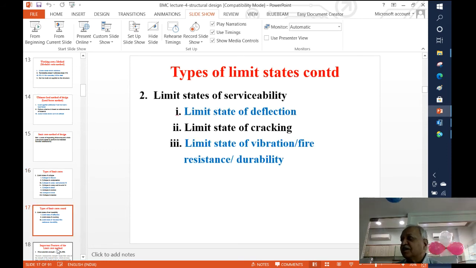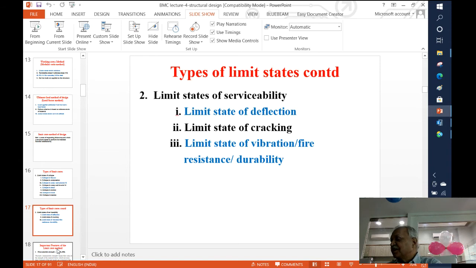The other one is the serviceability criteria, where we say that the failure can occur due to excessive deformation. So I want to ensure that also as a failure to be avoided. Then there can be failure due to excessive cracking, particularly in case of water retaining structures like water tanks and so on. If there is excessive cracking, then the leakage might start, and that can lead to corrosion of reinforcement, and so on and so on. So in course of practice, they are indicating that you design the structure, no problem with that, but you also calculate what is the crack width for concrete.